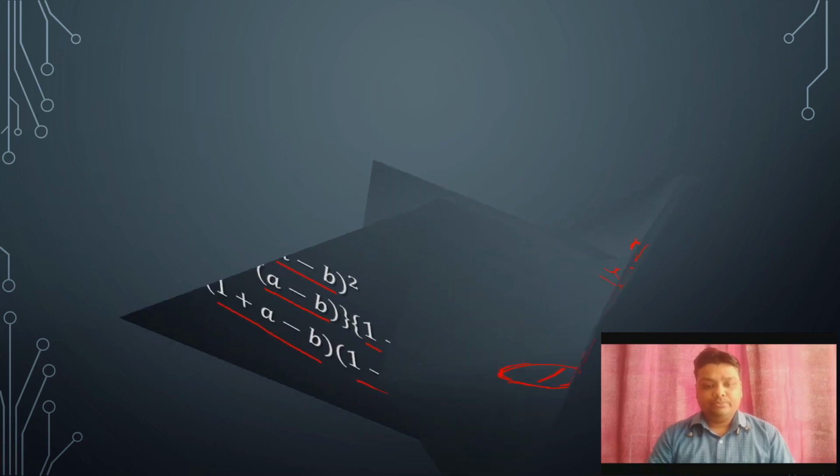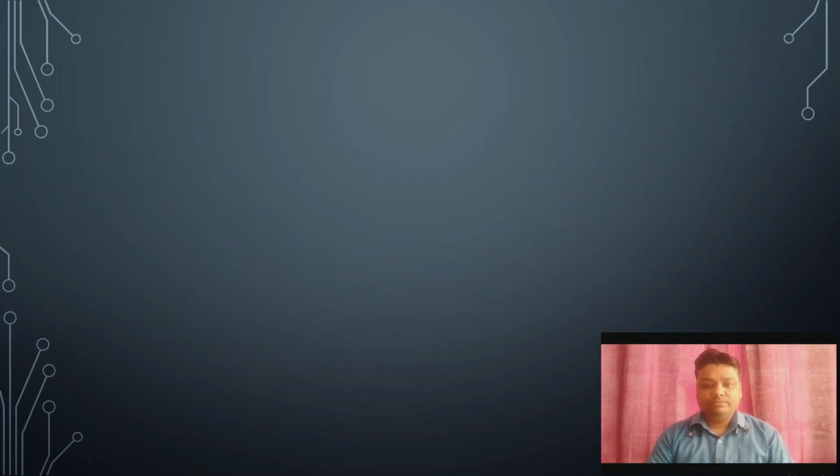Now here you can see x plus y to the whole square and x minus y to the whole square. We can solve it by the a plus b whole square formula and the a minus b whole square formula. Individually we can also solve it. But here you can see in between there is a minus sign. If we assume x plus y as a and x minus y as b, then in this case it is based on the identity a square minus b square. It means a plus b, a minus b.